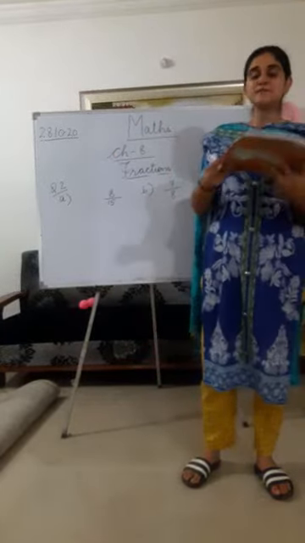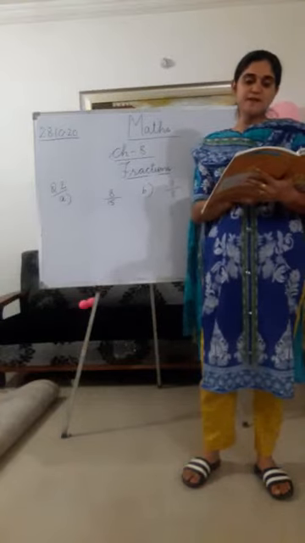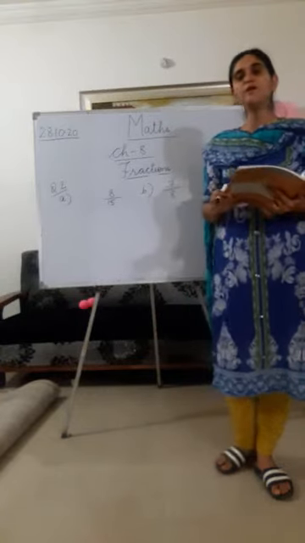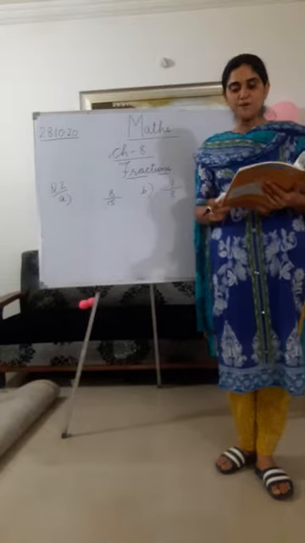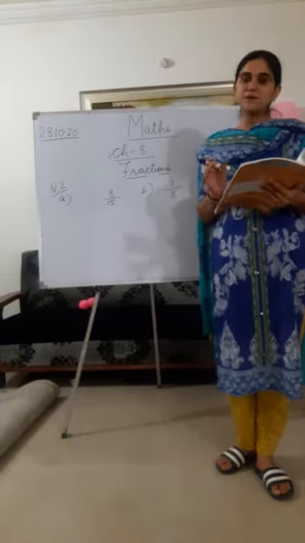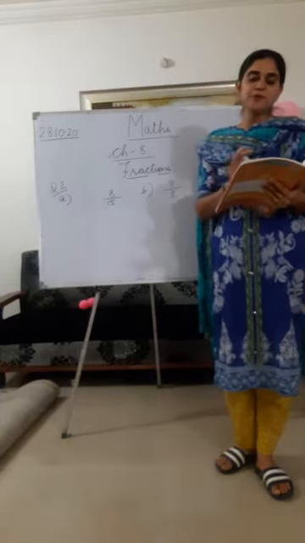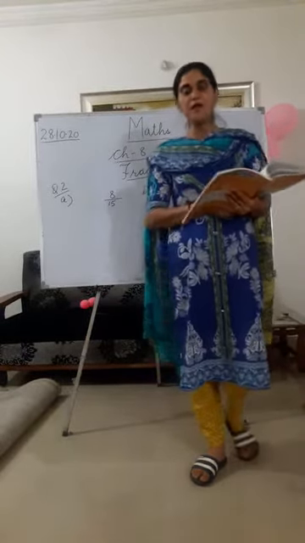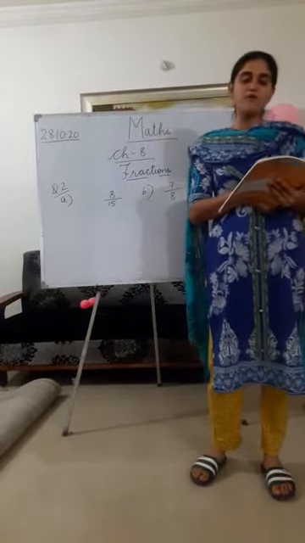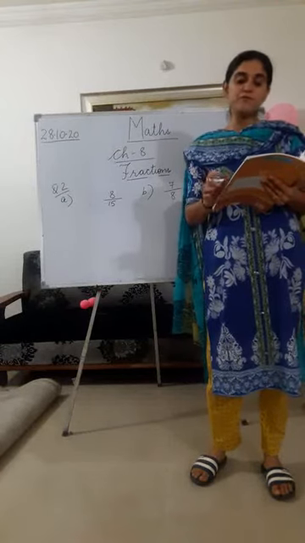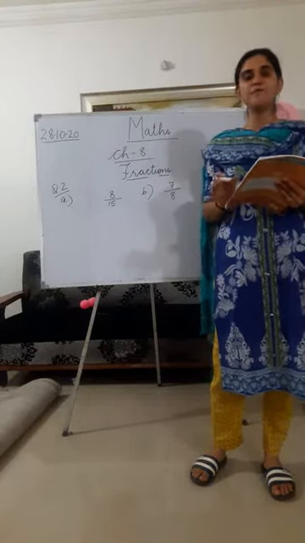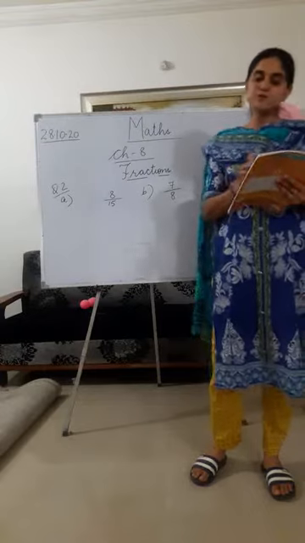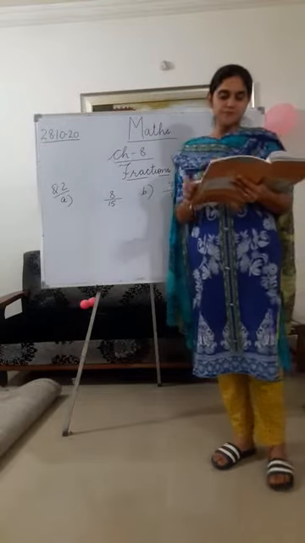Now come to exercise number 3. Exercise number 3 you have to do in your maths fair copies. You have to start your work of chapter number 8 from exercise number 3 in your maths fair copy for term 2. So you have to make a separate, new copy for maths for term 2, and you have to start from exercise number 3.